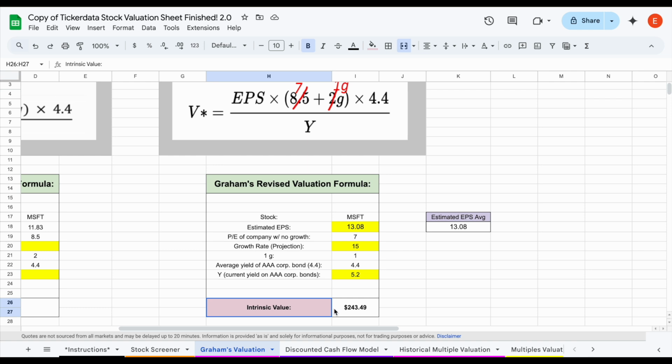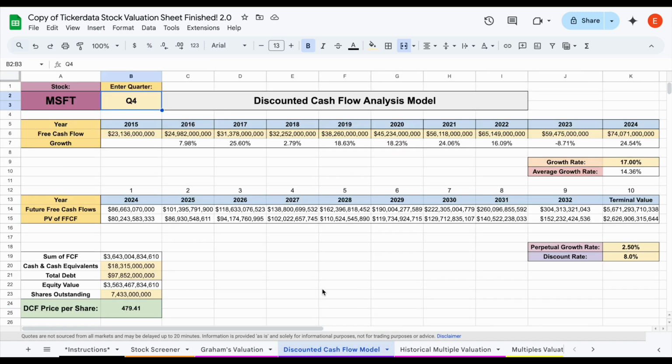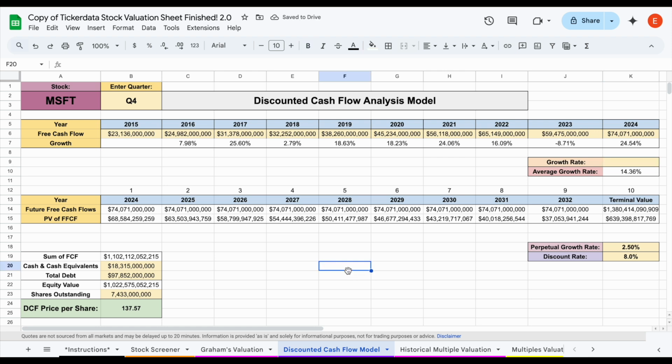Again, this was invented by Benjamin Graham, and he talks about it in his book, The Intelligent Investor. But our second valuation is going to be one of the most famous valuations of all time, and this is one that Warren Buffett has actually talked about somewhat frequently, and that's the discounted cash flow analysis model. The idea behind this valuation model is we should be able to value a stock based on how much free cash flow they're going to be able to produce in the future.